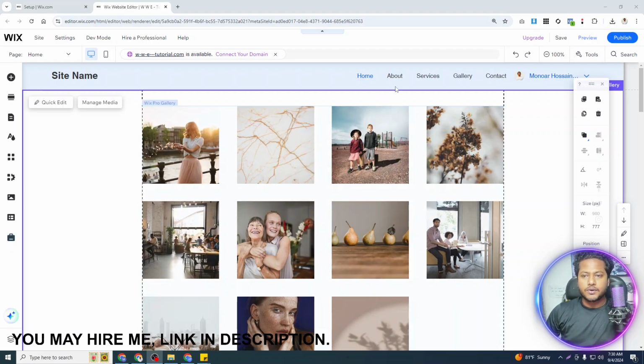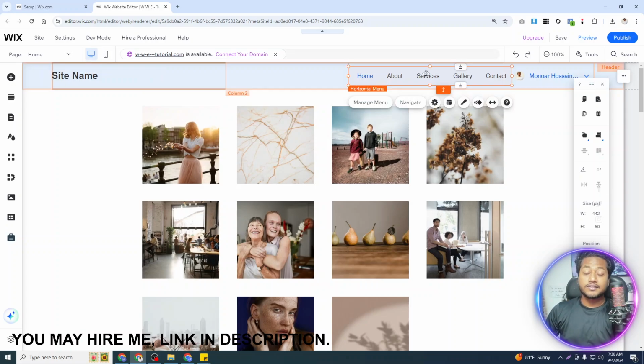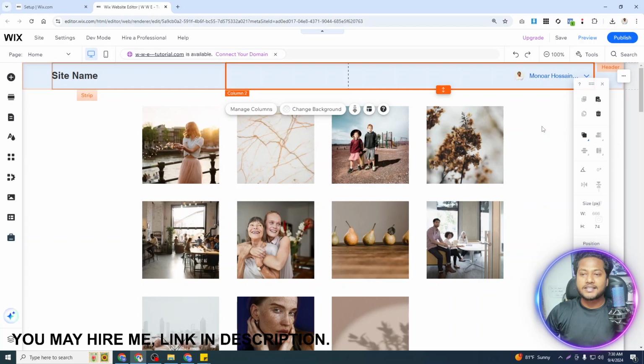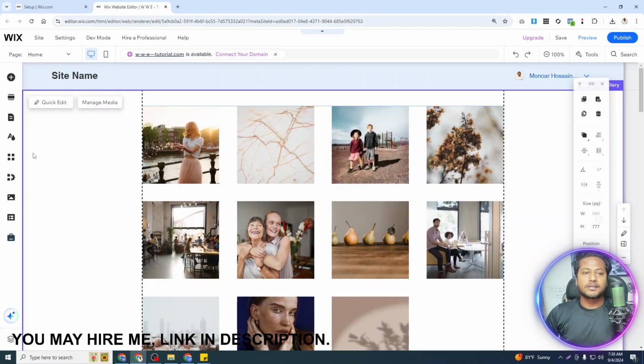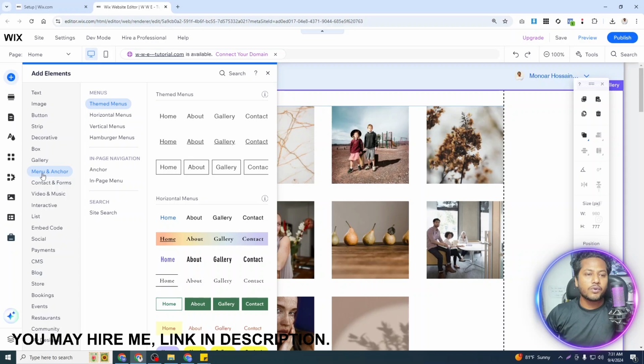Okay, so let me delete the menu from here because this menu is already added, so we will add the menu again here. Let me go to add element and then go here to menu and anchor, and then I can see here the themed menu. It means those menu fonts and colors